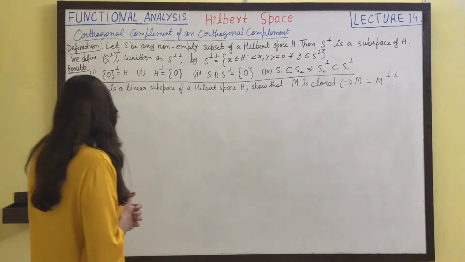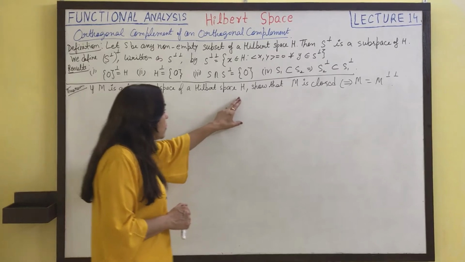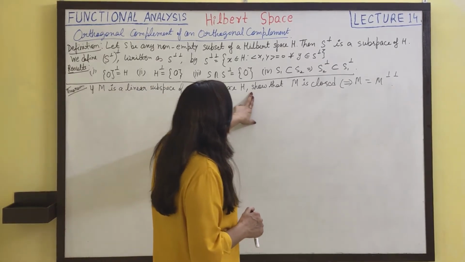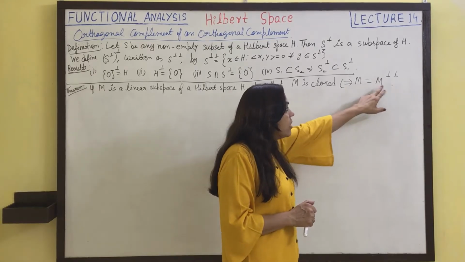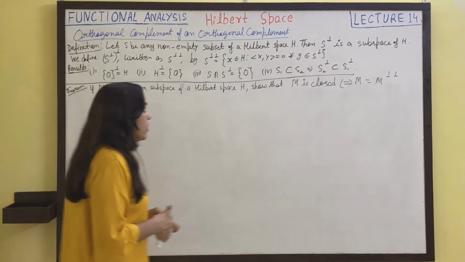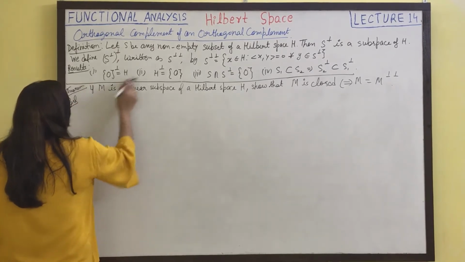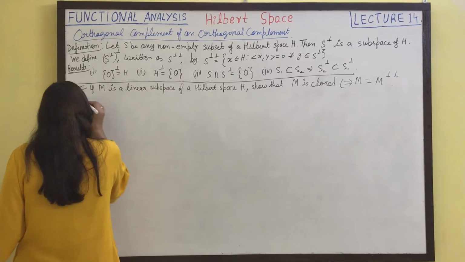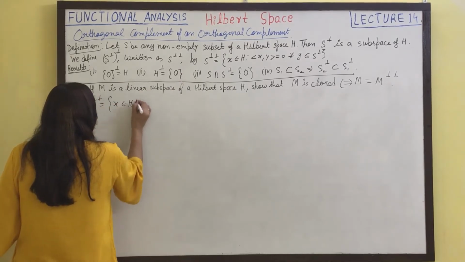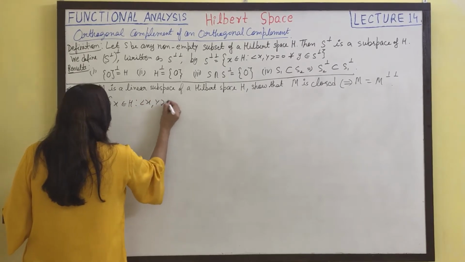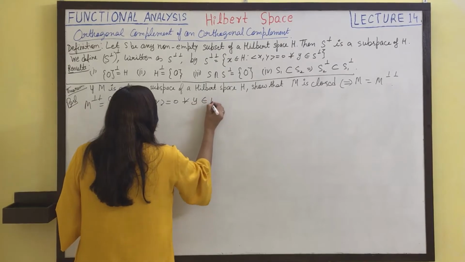Okay. Now we have a theorem. If M is a linear subspace of a Hilbert space H, show that M is closed if and only if M is equal to M perp perp. Now let's prove the theorem. By the definition of M perp, we can write x belongs to H such that inner product of x comma y is equal to 0 for every y in M. (1)